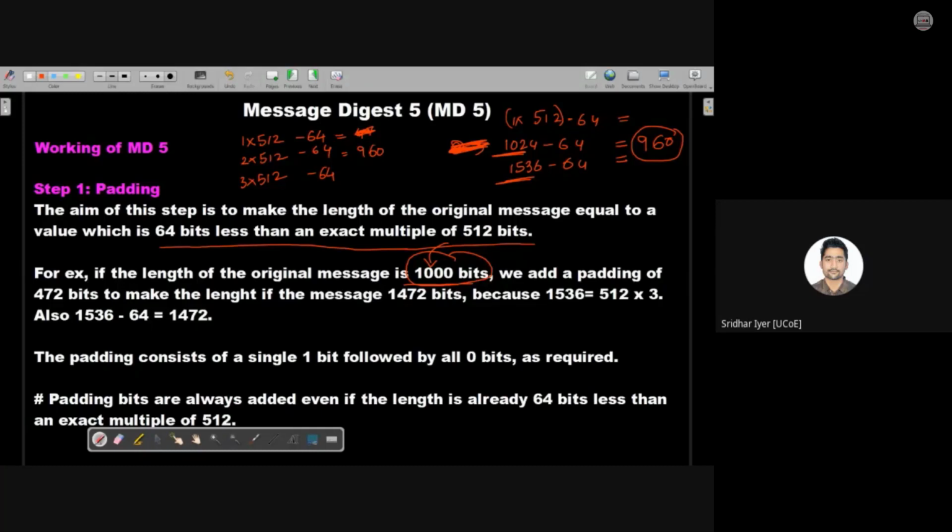Jimit, I will come to it. Don't rush into things. We are still in step number 1. You will get the answer in step number 3. Fine. We are going to fill those 64 bits with some value. That is why we are keeping it blank at this point of time.